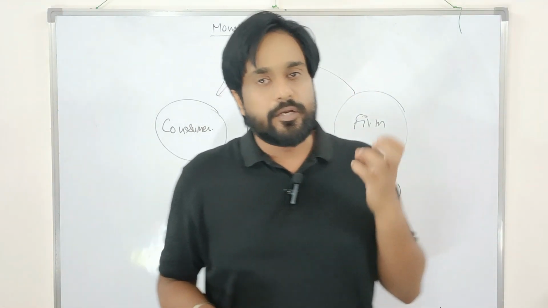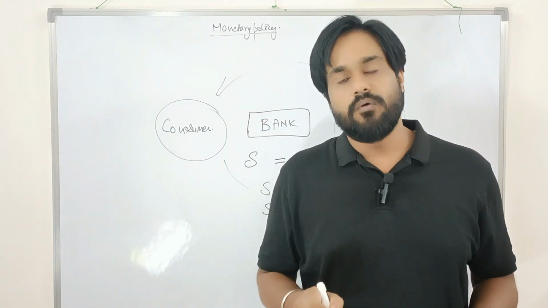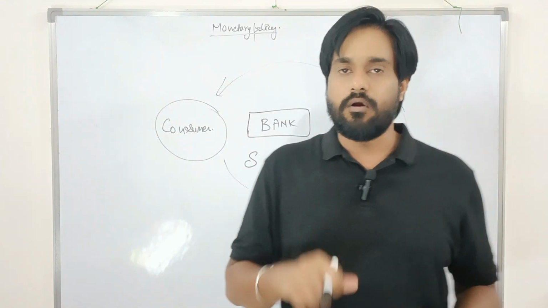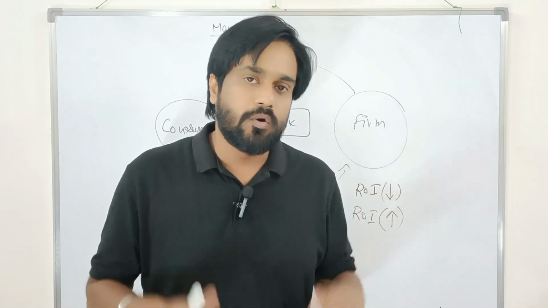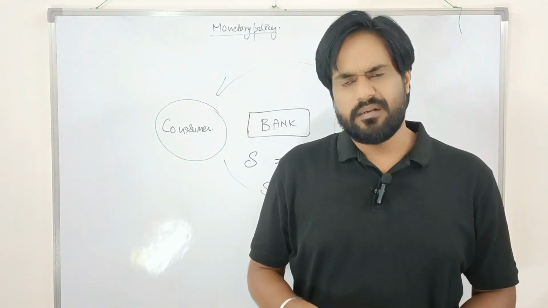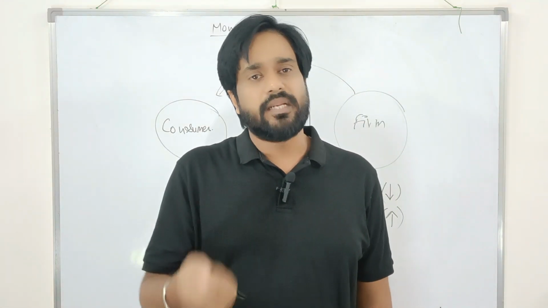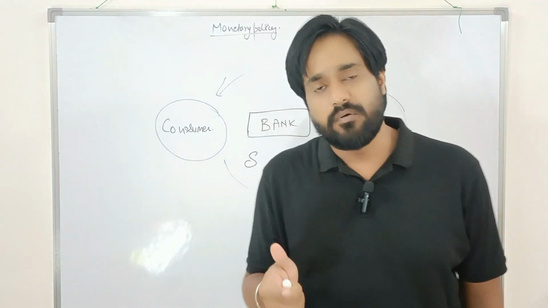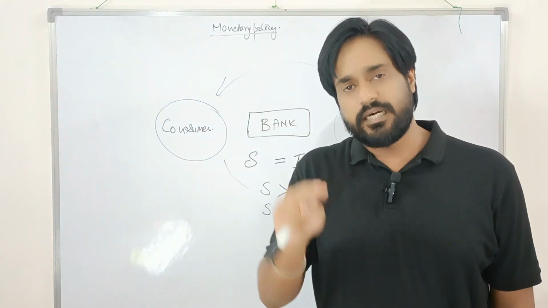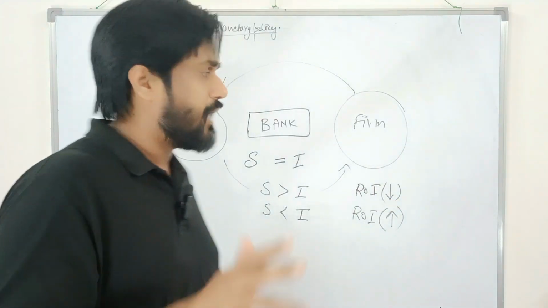The bank will reduce or increase the rate of interest on loan amounts, and the people will buy or not. And it is all about controlling the economy, controlling inflation. But the question arises: why, just because of increasing and decreasing the rate of interest on a loan amount, will the economy be controlled? Let me discuss this topic now on the board.